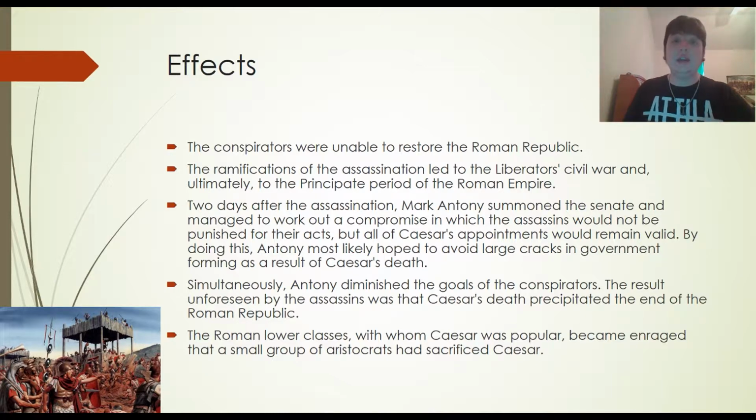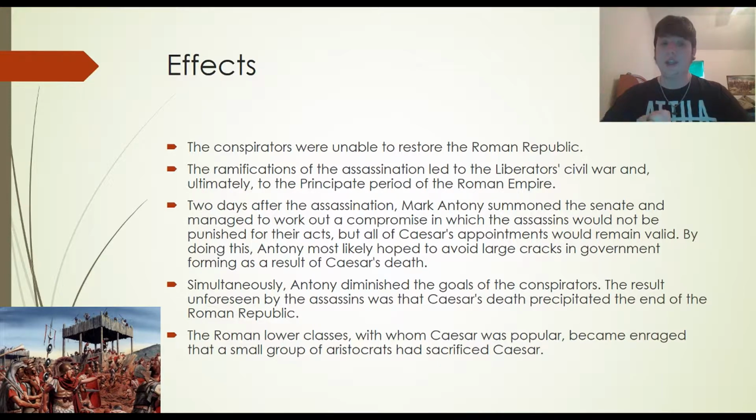By doing this, Antony most likely hoped to avoid large cracks in the government that had formed at the loss of such leadership as Caesar. But simultaneously, Antony diminished the goals of the conspirators, because a result unforeseen by the assassins was that Caesar's death precipitated the end of the Roman Republic, because everything he had done and appointed remained valid due to the compromise